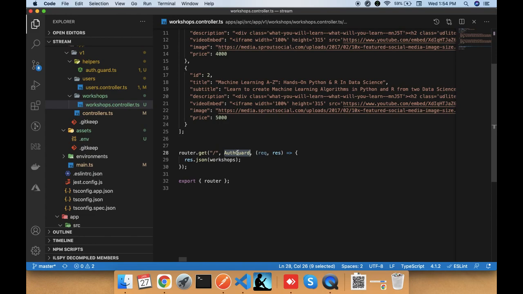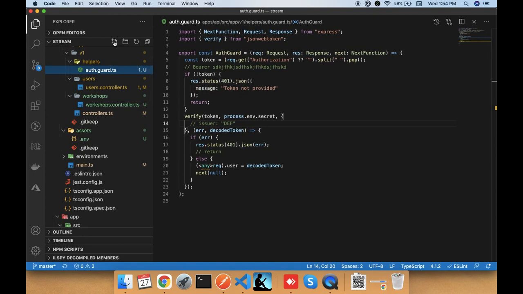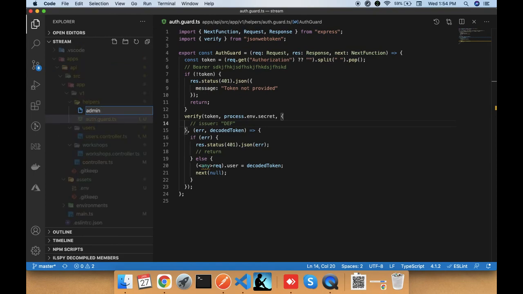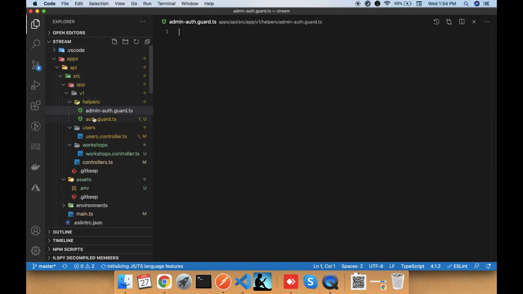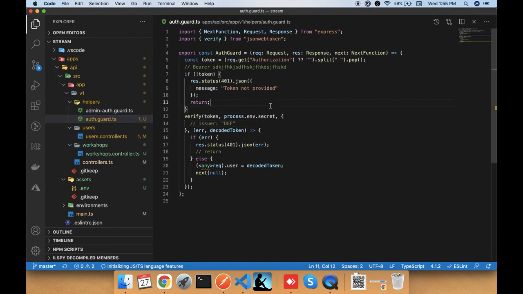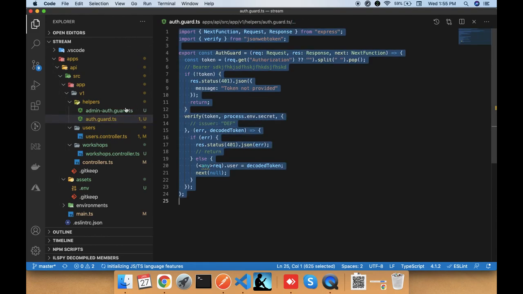Now suppose मैं कुछ एक एंड पॉइंट ऐसा बनाना चाहता हूँ जहाँ पे वर्कशॉप क्रिएट होगी, तो आई एम नॉट गोइंग टू डू दैट बिकॉज आई विल बी यूजिंग अ CMS for that, but suppose if I want to do that and I want only the admins to access that, in that case I'll create another guard. I'll call it admin auth guard. Okay, I'll first of all take all of this,